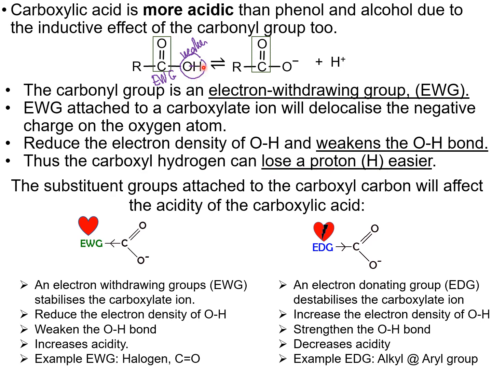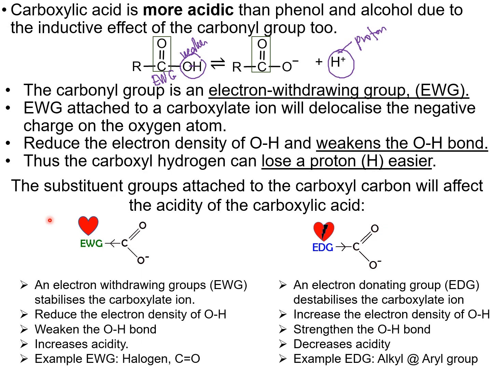So since that dia boleh weaken the OH bond ni, so dia boleh lose the proton. This is the proton yang we are talking about. So dia boleh senang-senang nak hilangkan H ni dengan mudahnya. Just because of what? Because of dekat C double bond OH ni, this carbonyl C double bond O dekat this carboxylic acid, dia adalah electron withdrawing group and dia boleh senang nak delocalize the carboxylate ion between two oxygen atoms, so dia akan weaken the OH bond, so dia senang nak lose the proton easier.